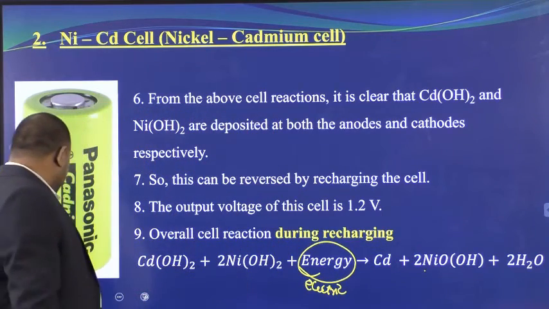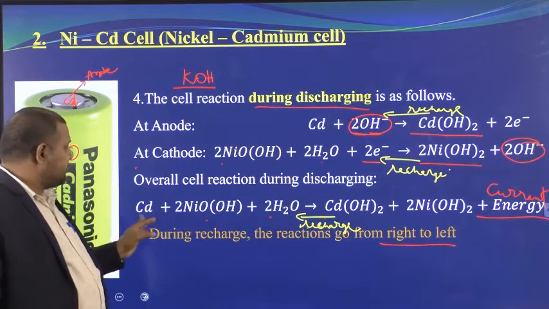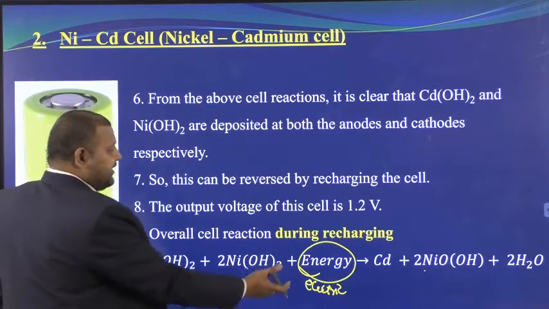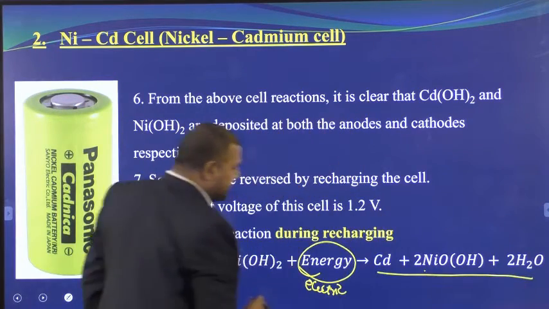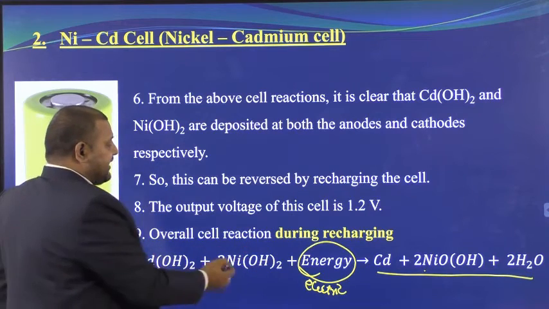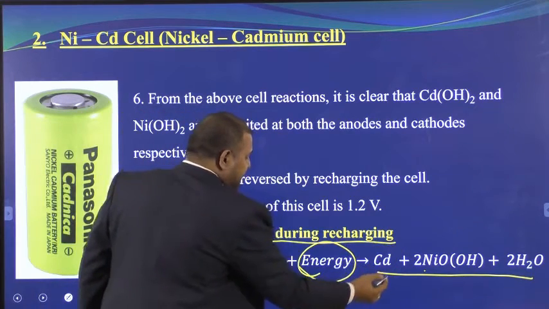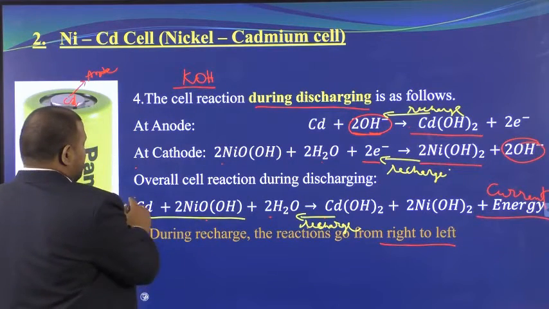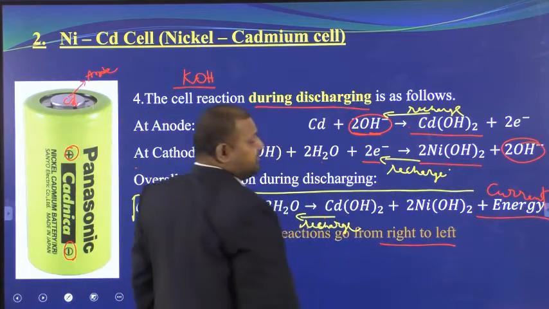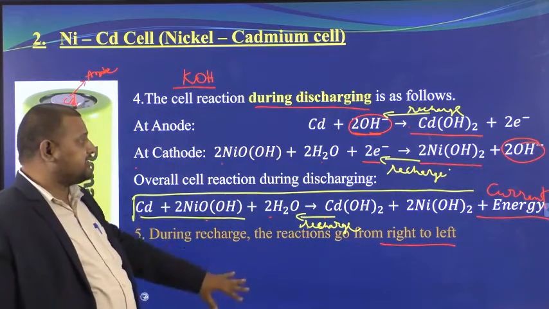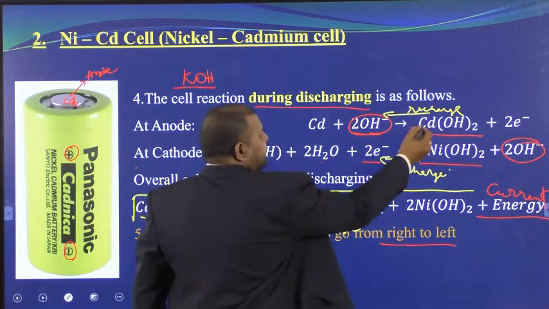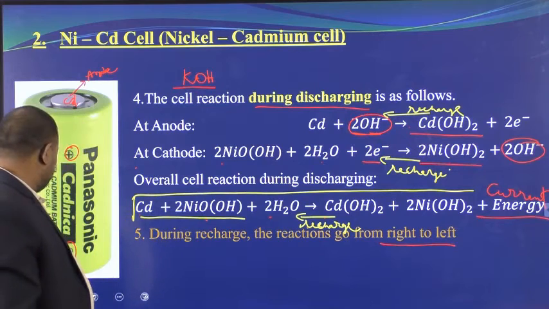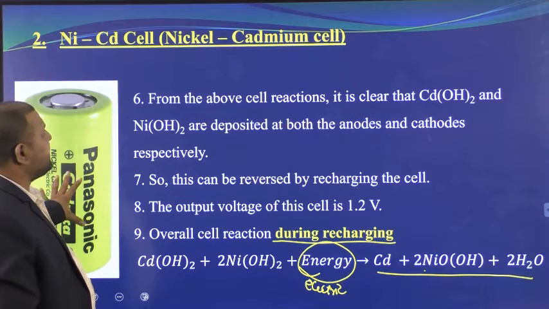So this is exactly the reaction which is the reverse of this. See here, cadmium, NiOOH, H2O should be regenerated. Look here, these are the products. So the reactants are converted into products and products are converted into reactants. This is during recharging and this is during discharging. This is the discharge reaction. It should be very clear and you should be very thorough. Instead of writing twice, you can simply write it as: forward is discharge, backward is recharge, right? So this is about the nickel cadmium battery.